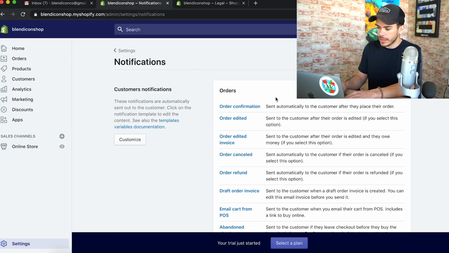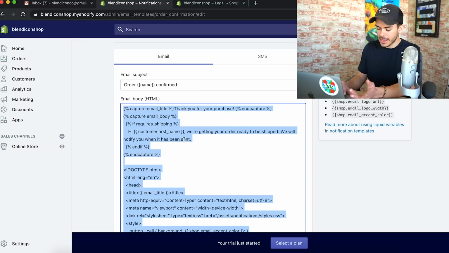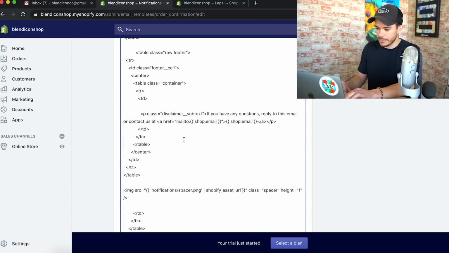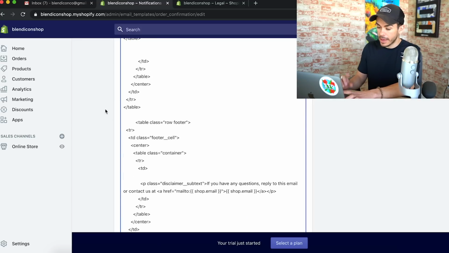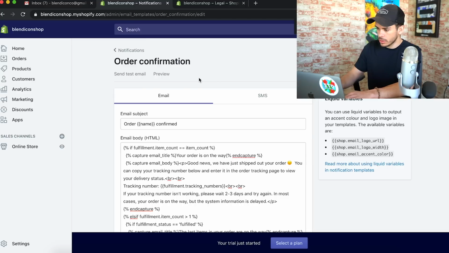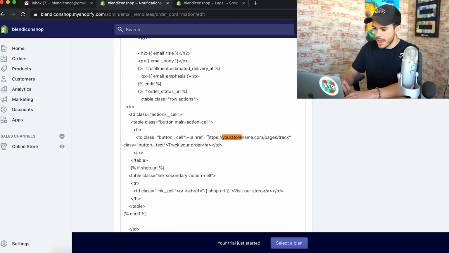Go back to your notifications where it says order confirmation. Go ahead and click on that. Highlight this entire section and then just paste this in. Once this is done, we have to change something. So hit Command F and then type in your store. And right here, you can see this link that says